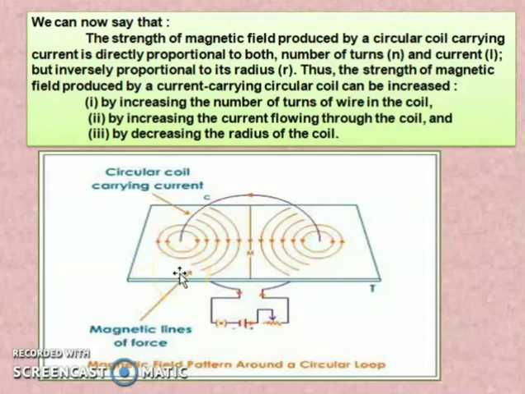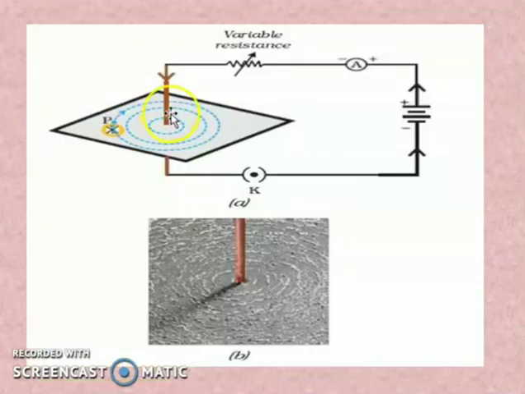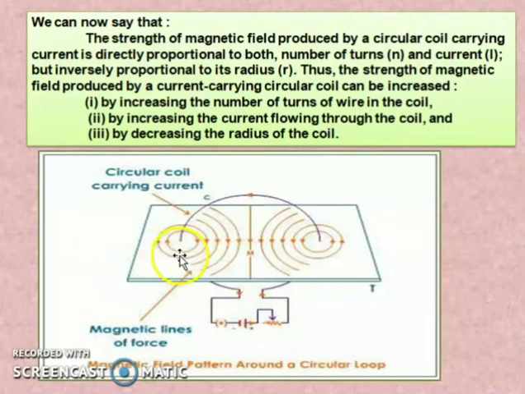In a previous video we have seen the magnetic field when current is passed through a straight wire. So this is a straight wire, a conducting metal wire, and in this one the pattern of the magnetic field is like this. Now we are going to see a circular loop, that will be a coil. So in a coil we are producing a different pattern of magnetic field.